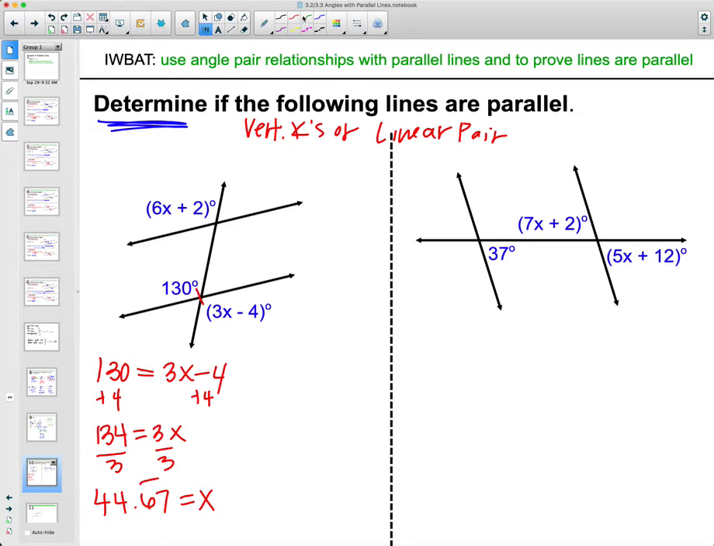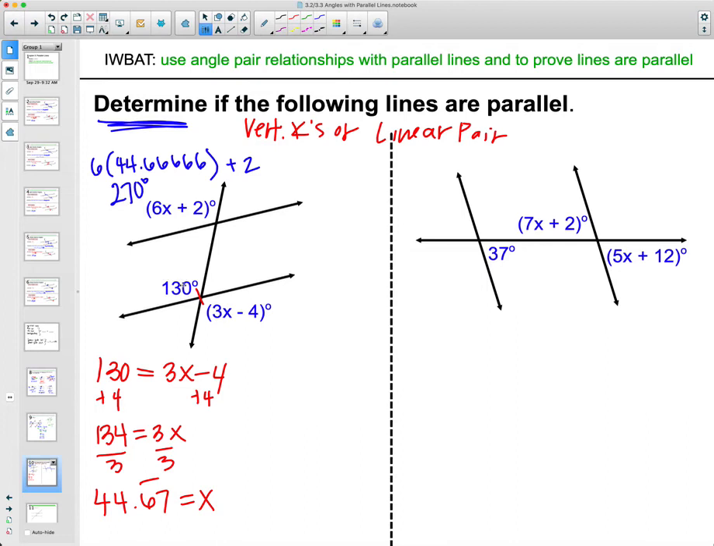So when you do plug it in with your calculator, you're going to want to put in a bunch of 6s. So we do 6 times 44.66666, put in a bunch of them, plus 2. Okay, so 44.66666 times 6 is 268 plus 2. All right, so we ended up getting 270 for this,